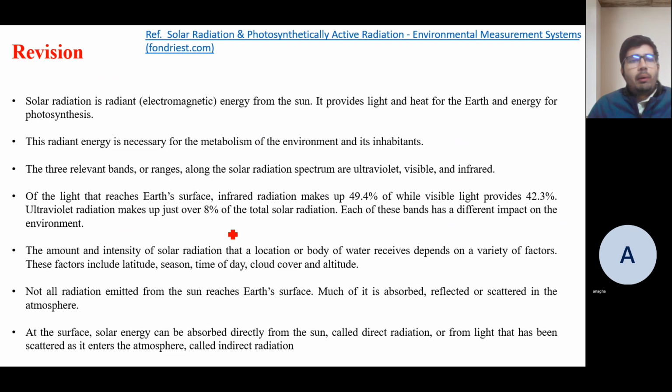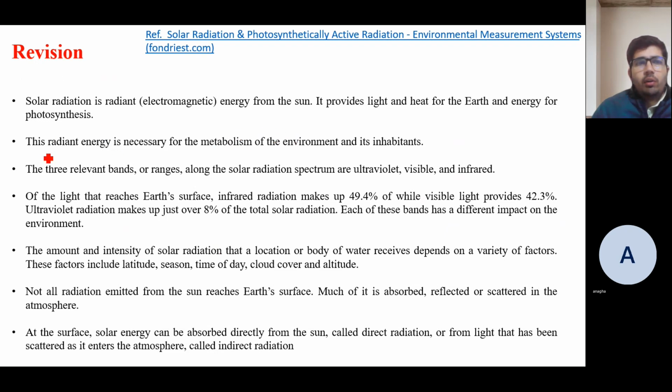So this week's content is about solar radiation. What is solar radiation, and what are the different aspects of this? We will revise it. First of all, solar radiation is radiant or electromagnetic energy from the sun, and it provides light and heat for